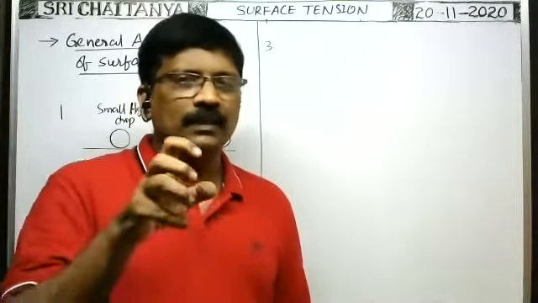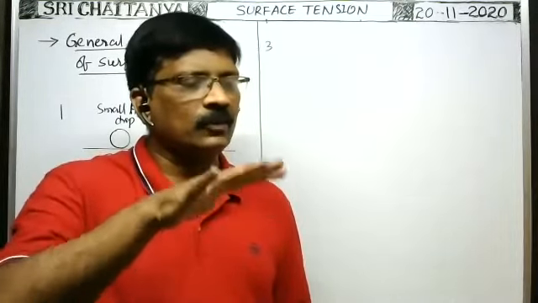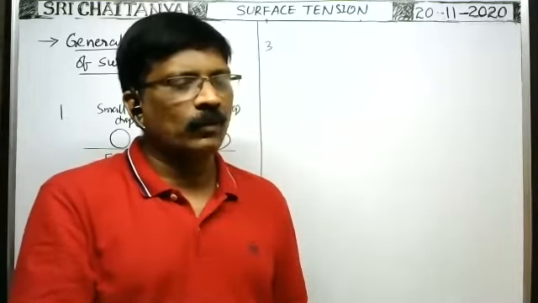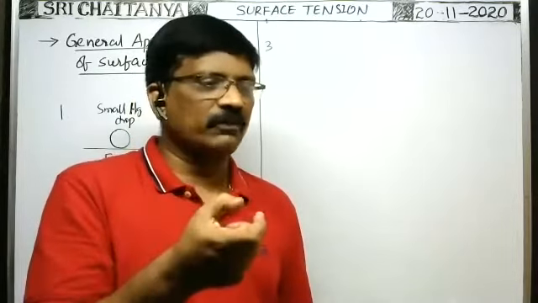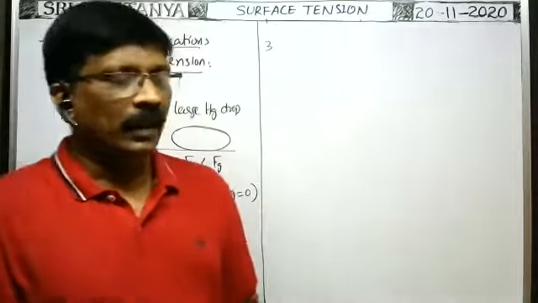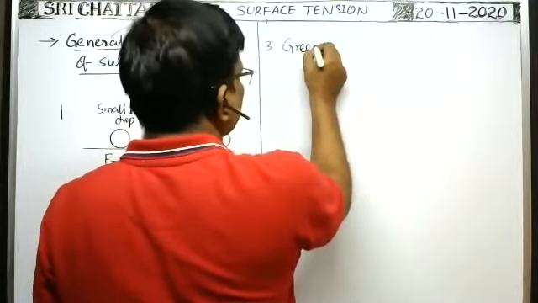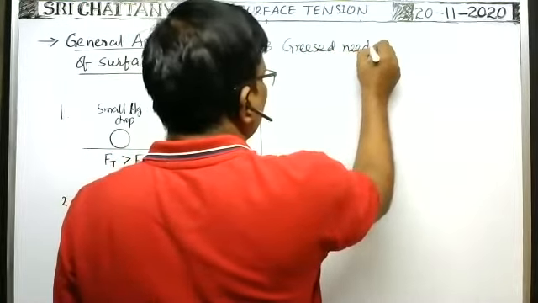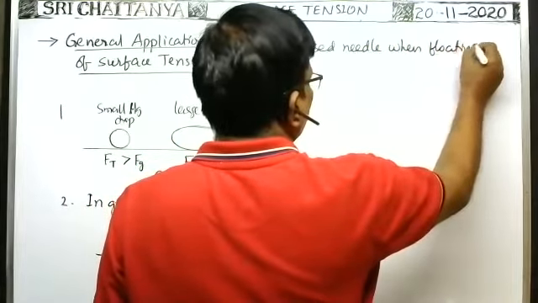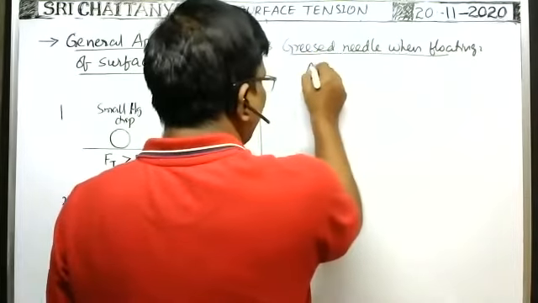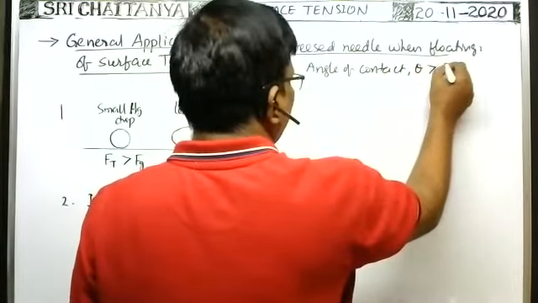Then slowly the blotting paper soaks the water and absorbs the water, becomes wet, and slowly the blotting paper sinks into the water. But over the surface, as the needle is there, that needle is over the surface of the water only, and it is floating. At the instant the greased needle is floating over the surface of the water, the angle of contact theta is greater than 90.